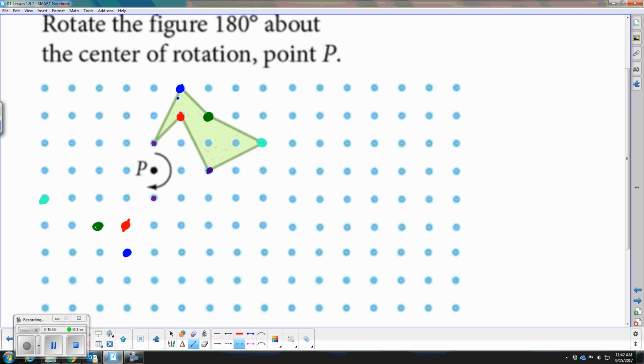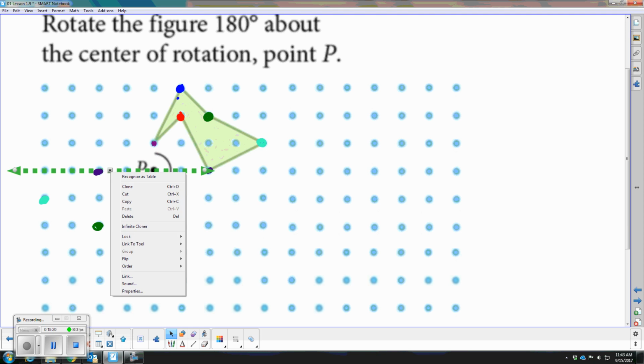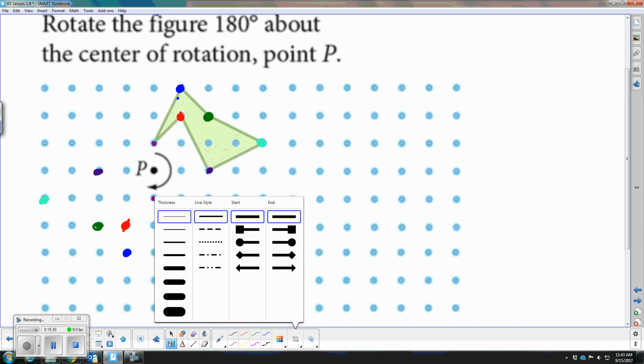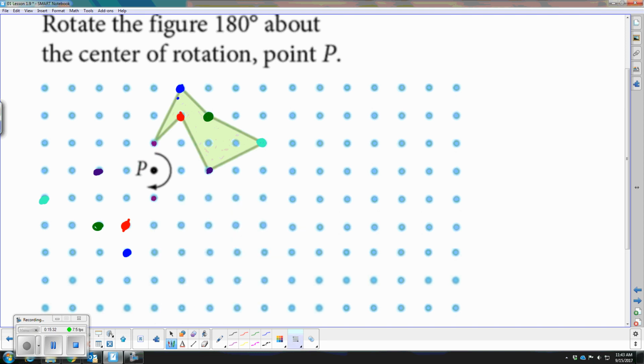And 180 degrees. That's 2 units. 1, 2. So all of our, use a smaller pen. All of our